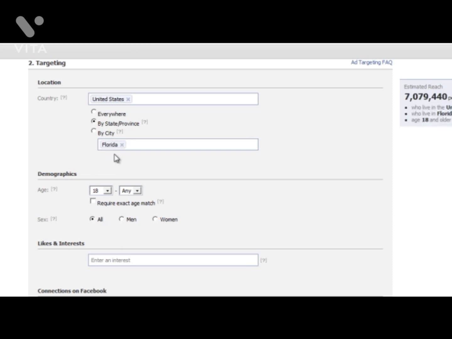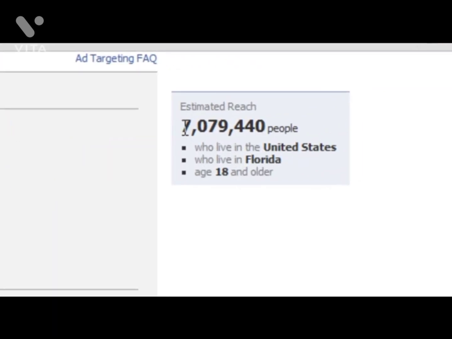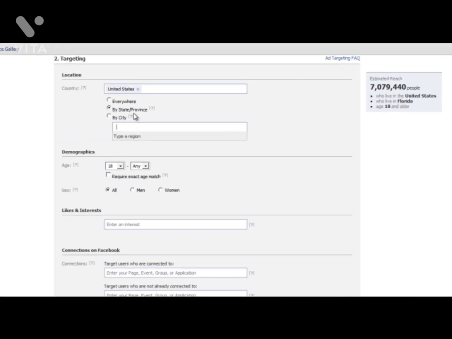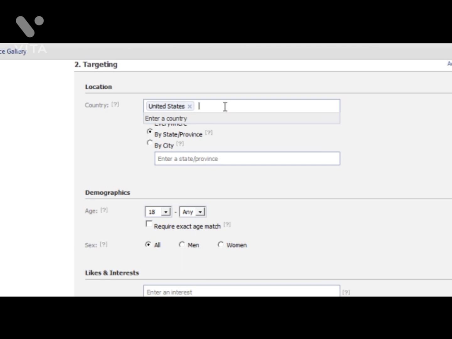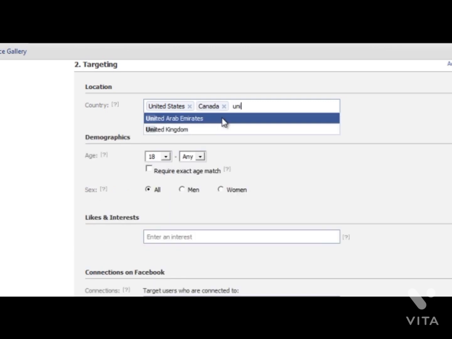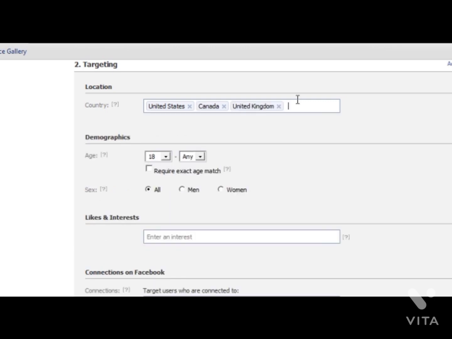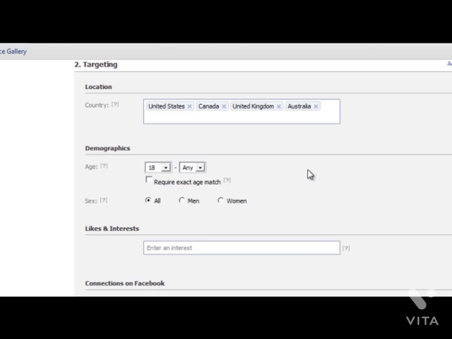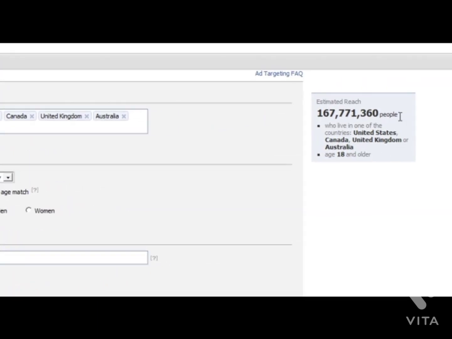And then by entering Florida, our target reach just went down to 7 million. But if we don't want to limit it just to Florida, we could actually expand it by entering different countries. So maybe we want to include people who are in Canada as well. If you're going to do an English speaking ad, you want English speaking countries on your list. So maybe Canada, might want the United Kingdom on here as well. And maybe you could add Australia. And you'll see that the estimated reach over here is now at